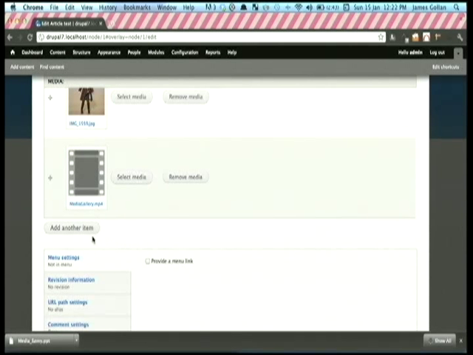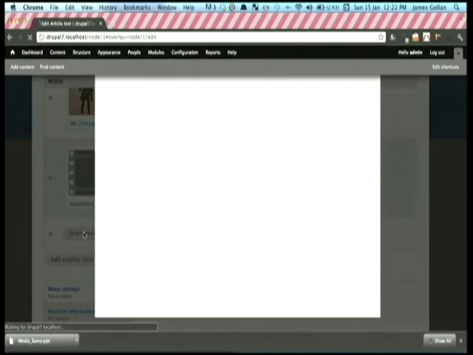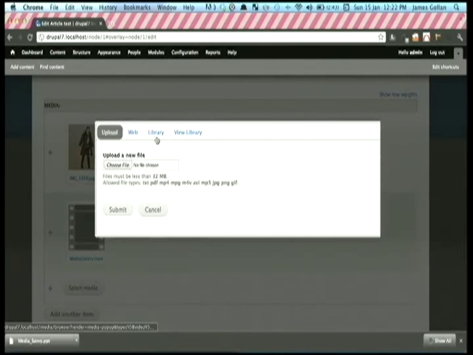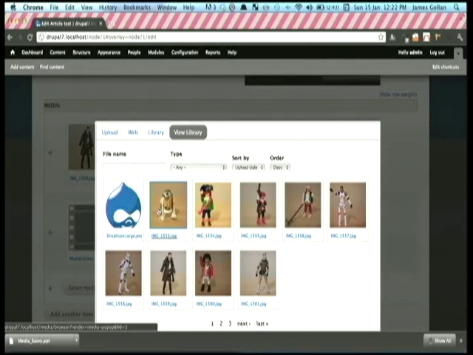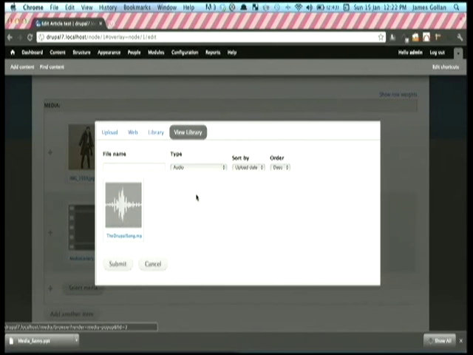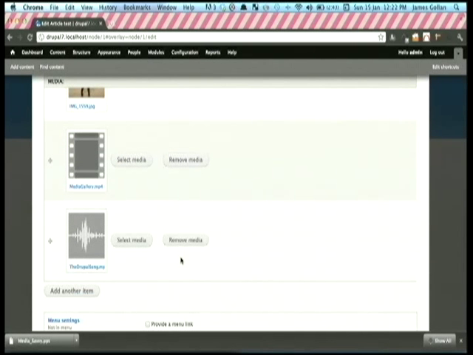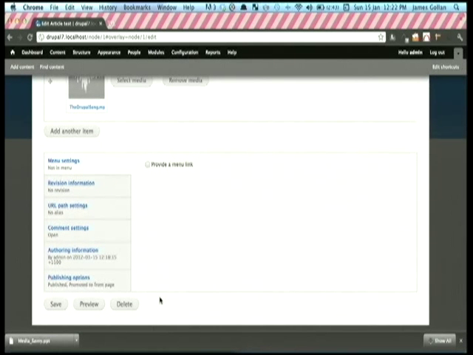Right, I'm going to add a piece of audio, because we're going to be working through the formatting of this. The Drupal song. All right, so I'm going to save that, and we're going to have a look at the